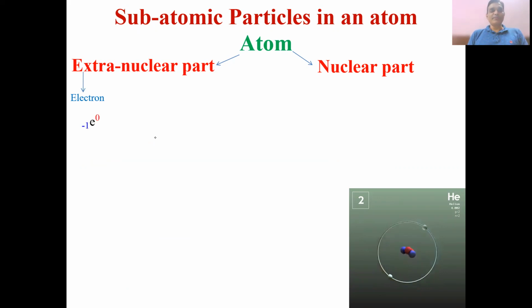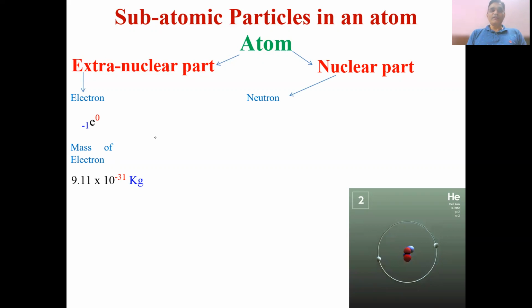The electron is generally represented as a small e, with 0 as a superscript and -1 as a subscript. So that is the representation of the electron. The mass of an electron is 9.11 multiplied by 10 raised to the power minus 31 kilogram,